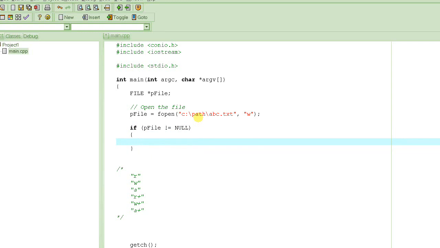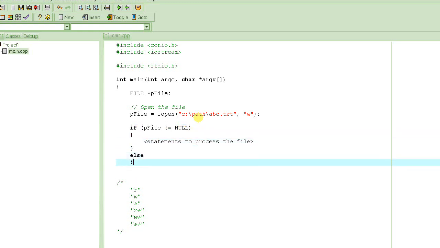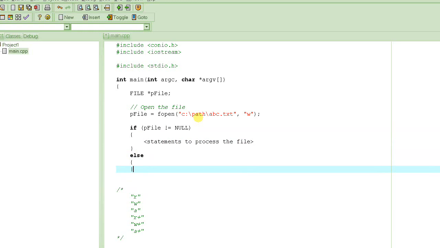to process this file, before you do any of those statements to process the file, you should check if the file is null or not. And if it is null, it's always a good idea to